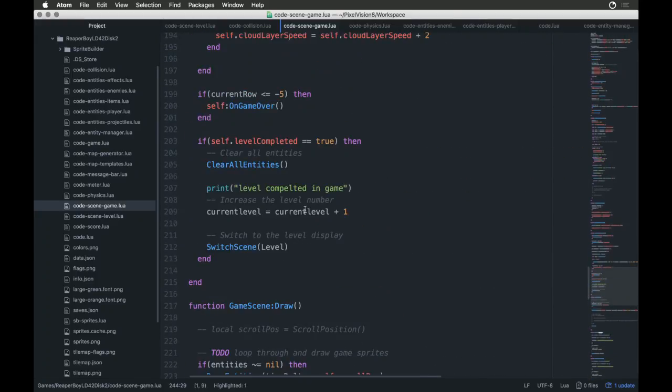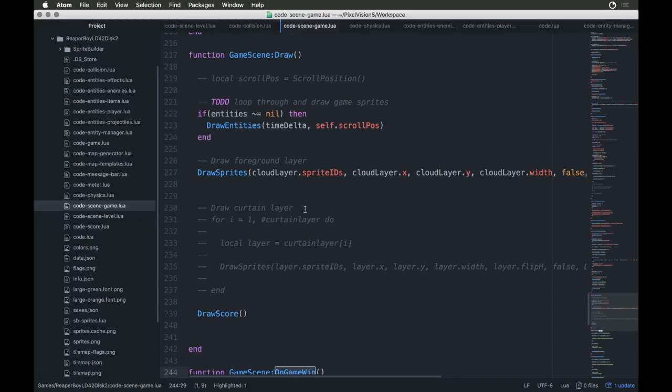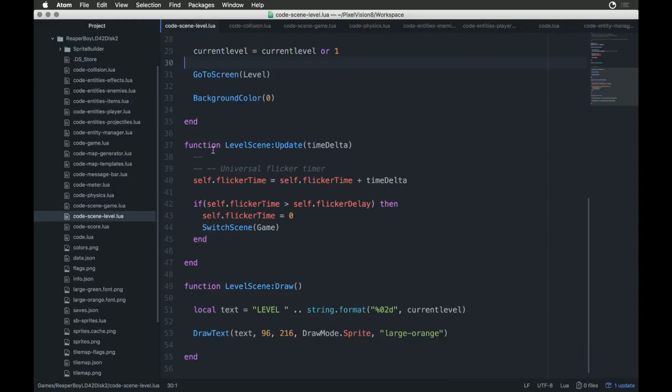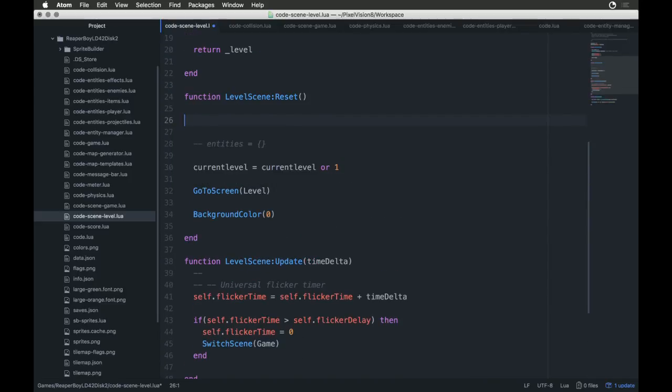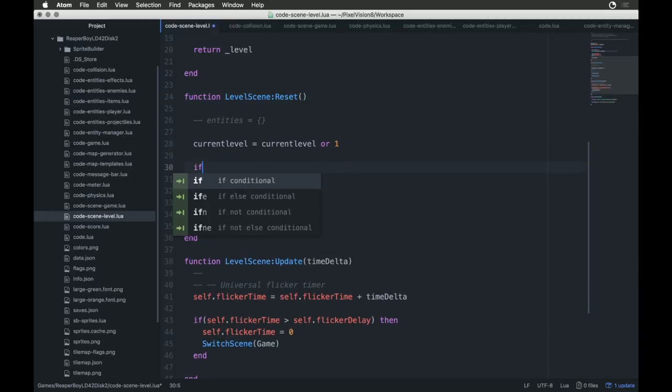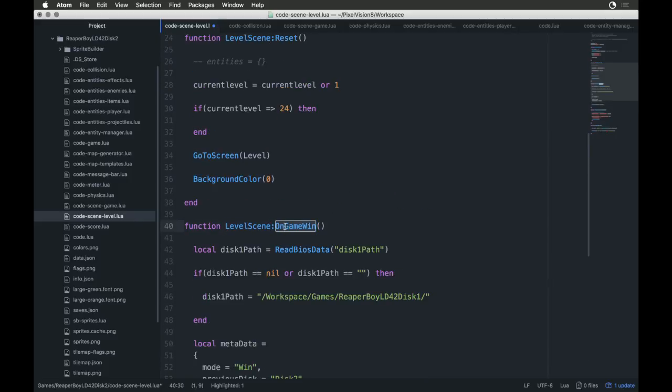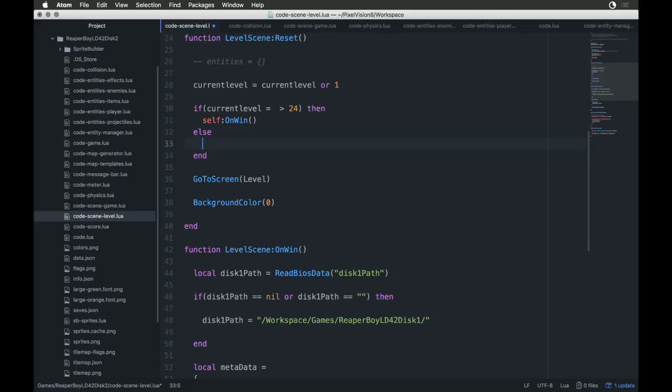And now let's try this. We'll do this on the level thing. So when we get sent back to the level and we go to reset, if current level equals or is greater than 24, then end on win. Self on win. Else do this. Okay, so now all we need to do is let's just set this level to 23,